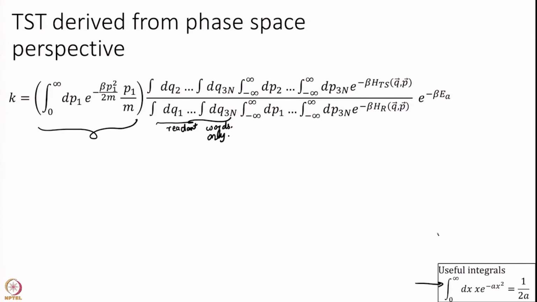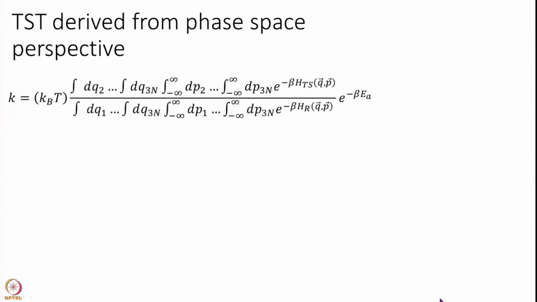I will think of A as beta over 2m. Okay. So, this will be 1 over m, that I will take constant out, into 1 over 2a, 1 over 2 into a is beta over 2m. 2 cancels, m cancels. So, this integral is equal to 1 over beta, which is nothing but kBT. So, that is an easy integral for you to do given that this formula is provided. So, I substitute that integration as kBT.